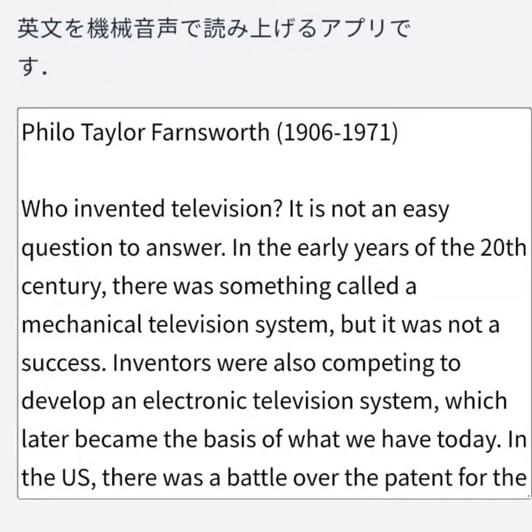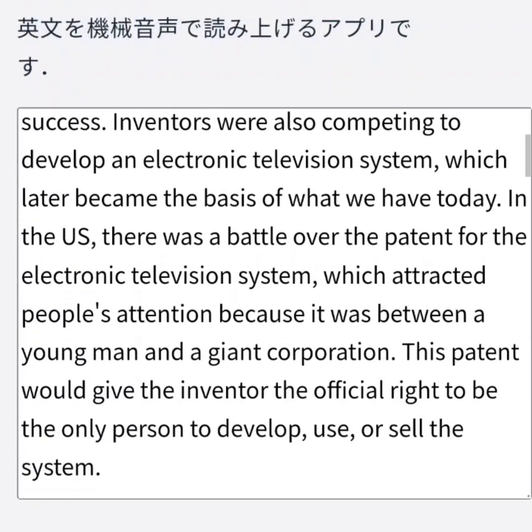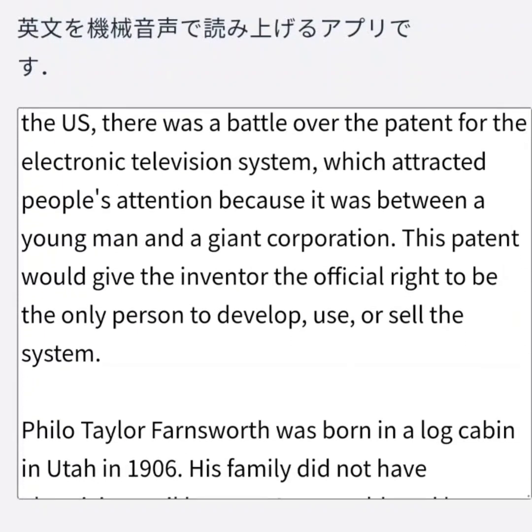Philo Taylor Farnsworth, 1906-1971. Who invented television? It is not an easy question to answer. In the early years of the 20th century, there was something called a mechanical television system, but it was not a success. Inventors were also competing to develop an electronic television system, which later became the basis of what we have today. In the US, there was a battle over the patent for the electronic television system, which attracted people's